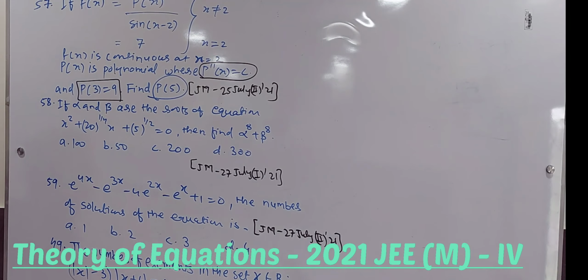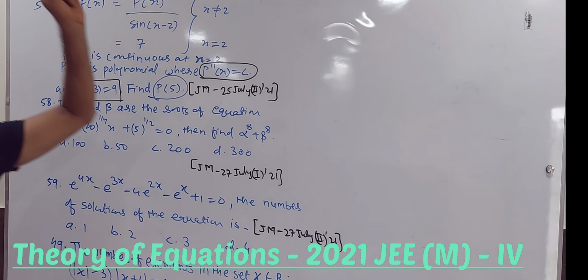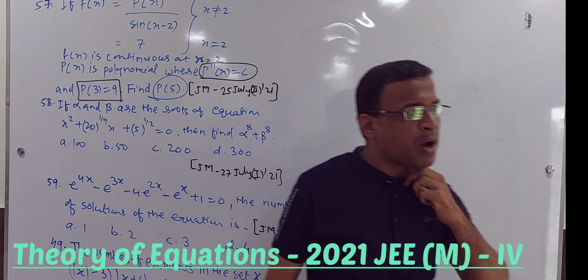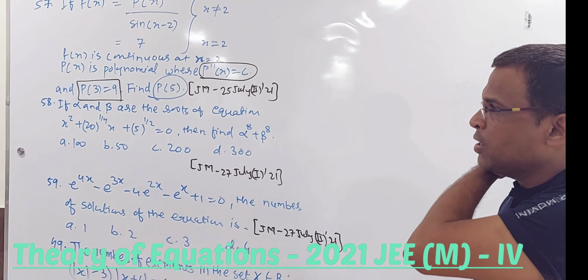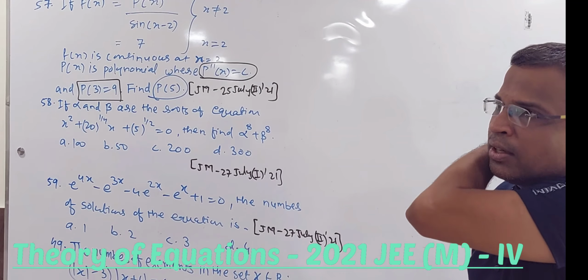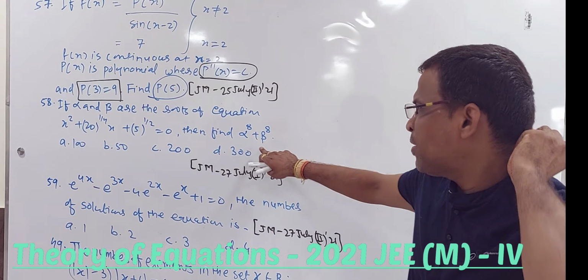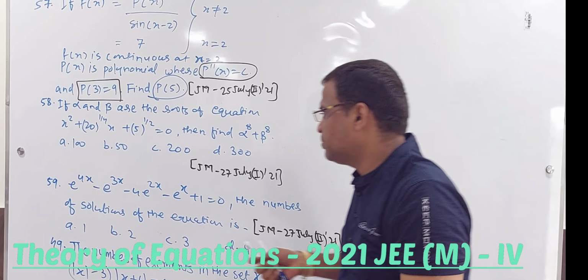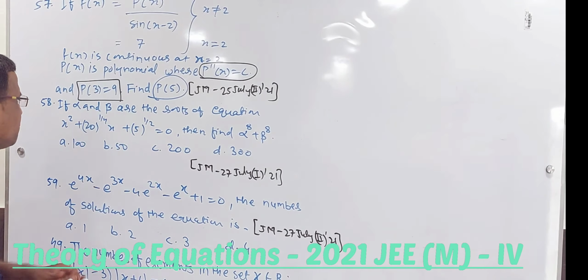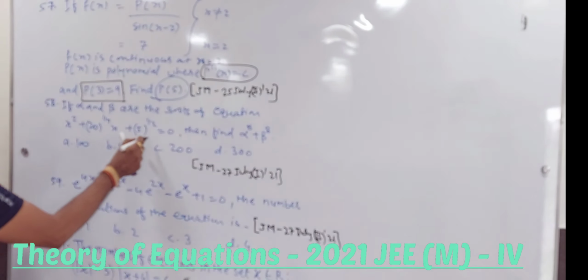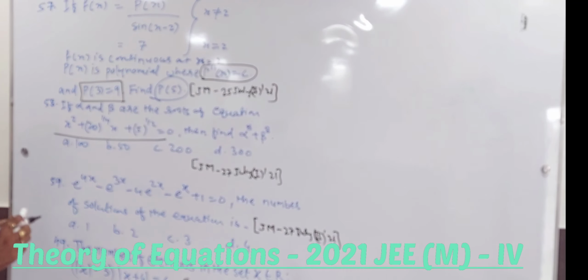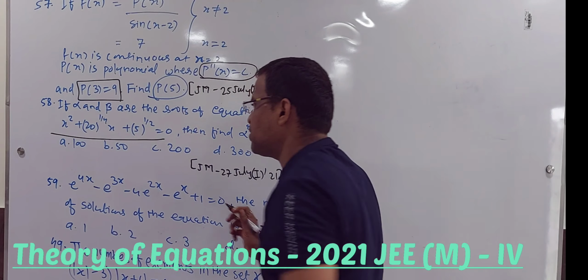I think it is the first question of the last slide which we did. It is just like that. If alpha and beta, in that question it was a little bigger. They had asked power 96 and, I guess, 104, something like that. Whereas here it is just alpha power 8 plus beta power 8. So it's not that tough. And here it is clear that alpha and beta are the roots. So just work in exactly the same fashion.